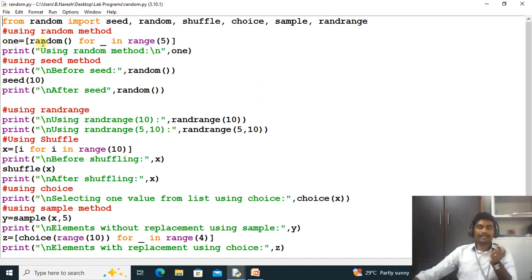See the purpose of the next statement. Within the random module, the first function is the random function. The purpose of this random function is to generate a random number that lies between 0 and 1, and it is of floating type. First of all, I want to generate 5 random numbers, so I used a for loop here. How many times will this for loop iterate? 5 times. At each iteration,